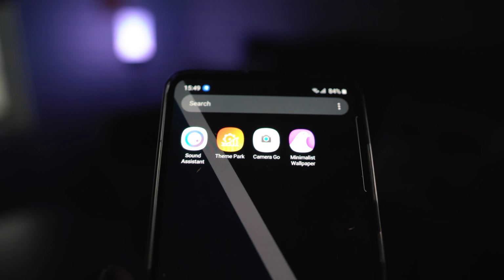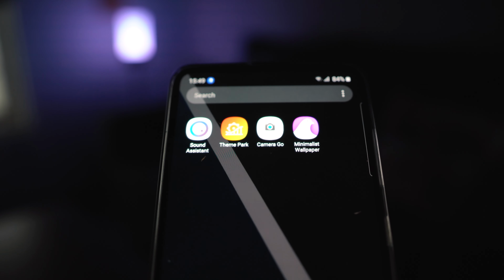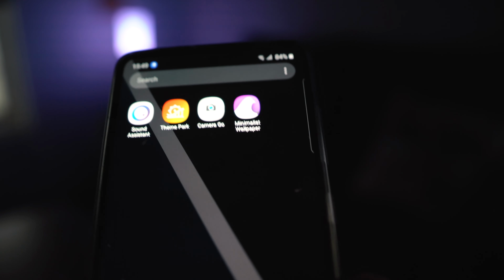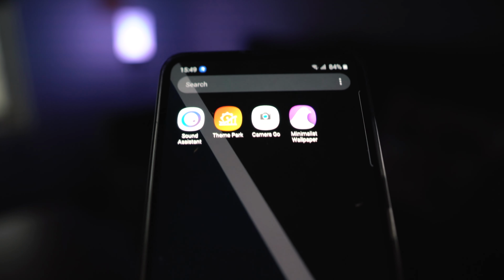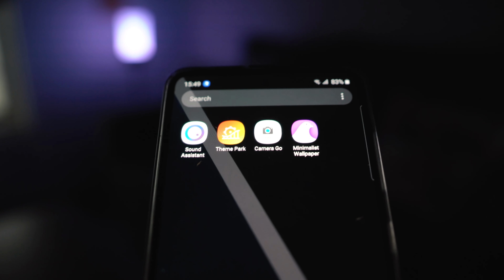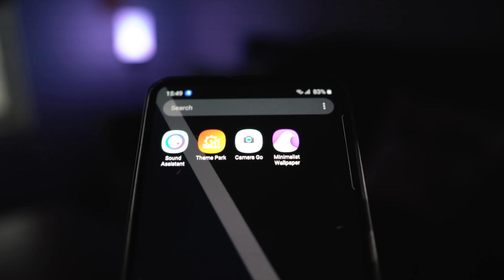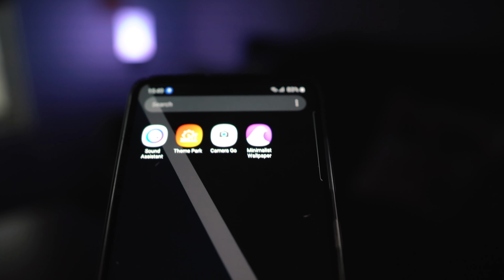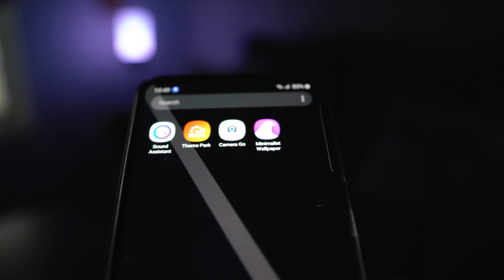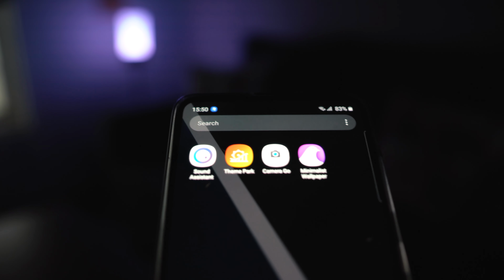Now, when I say that we are going to take a look at the Google Camera application on the Samsung Galaxy A51, make sure that you do not expect a full-fledged Google Camera experience from this phone. This is a Google Camera Go application which was ported on the Nokia 1.3 recently. This is an unofficial port which is running on all the phones that do not support the Google Camera application officially. So the Camera Go application is a trimmed down version of the Google Camera application. This application does not have a lot of features that you will find in the Google Camera application.